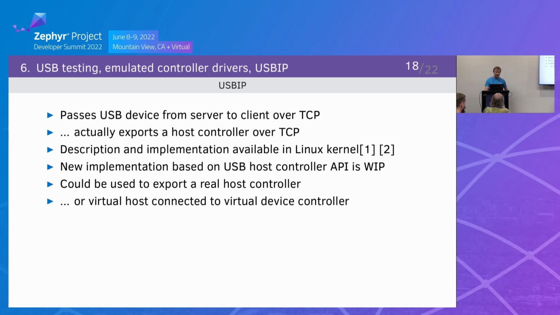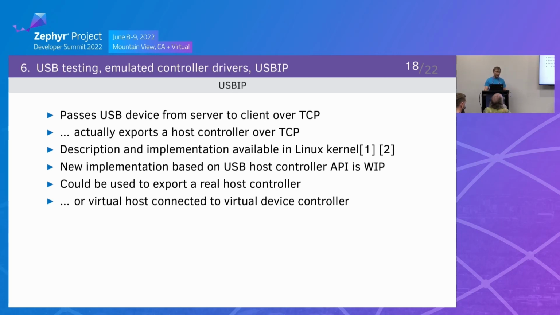USBIP is used by the Linux kernel only. I don't know of any working implementation for macOS or Windows. Yeah, it's used with Linux only. So what it does is pass a USB device from a server to a client over TCP/IP,